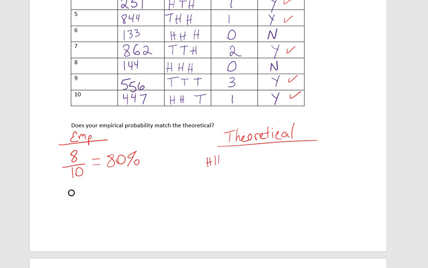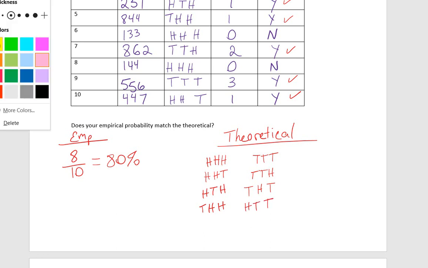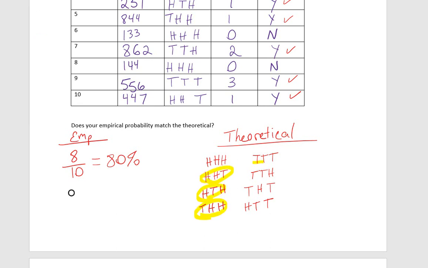So, theoretically, here are all of our 8 options. Heads, heads, tails, heads, tails, heads, tails, heads, heads, tails, tails, tails, tails, tails, heads, tails, heads, tails, heads, tails, tails. So here we have 8 different possibilities, theoretically, and the number of times that we see tails at least once is 7 out of those 8. So the theoretical probability is 7 out of 8, which gives us